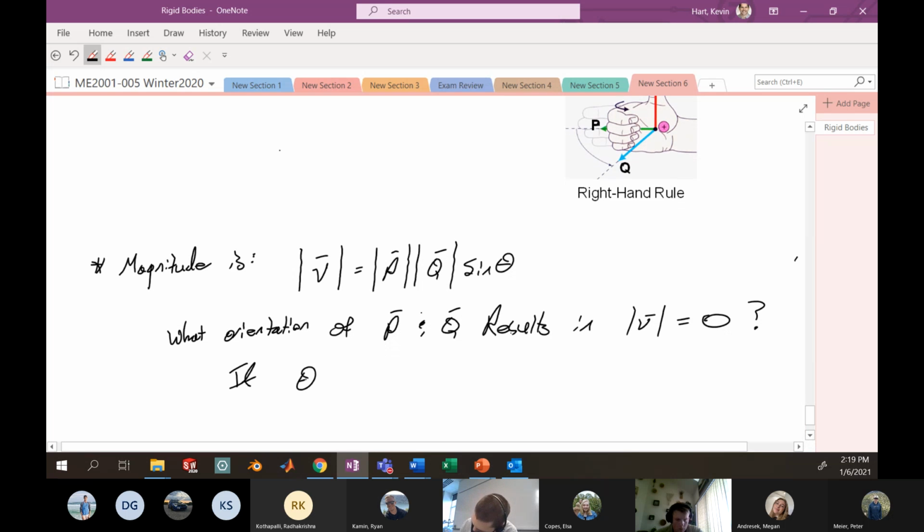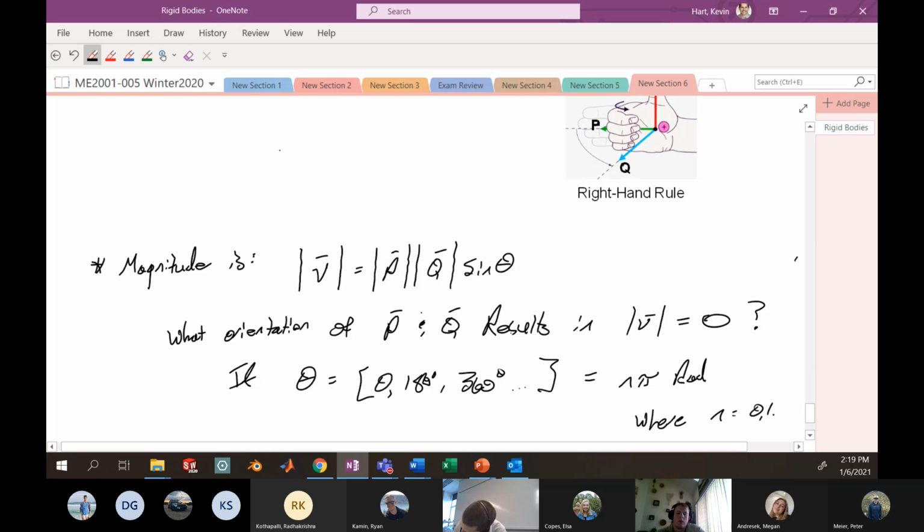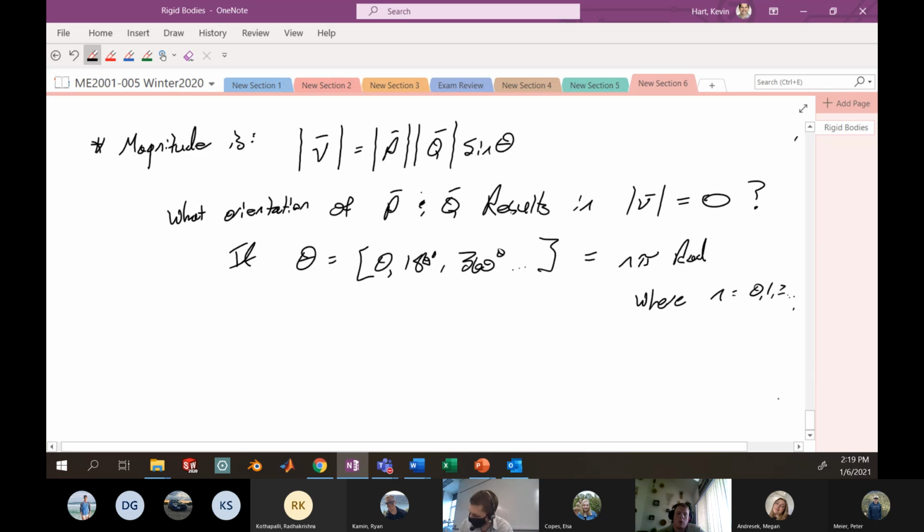if theta is equal to 0, 180 degrees, 360 degrees, etc. Or as our colleague here in class mentioned, n pi radians, where n is equal to 0, 1, 2, etc. Okay? So that's the general idea there. And if you were to think about drawing these vectors on a plane with that particular orientation,